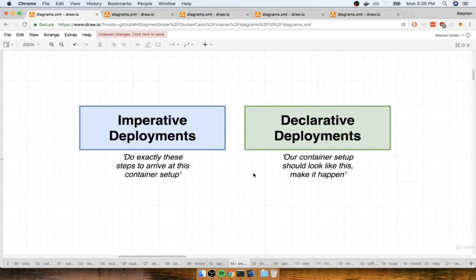In the case of a declarative deployment, we say to our master something like, it'd be great if you just made 4 containers happen and made 4 containers happen all the time. And you know what, master, you just go ahead, you figure out how to deal with that. So with the imperative, we give very discrete actions, or very discrete commands. With the declarative, we kind of set guidelines